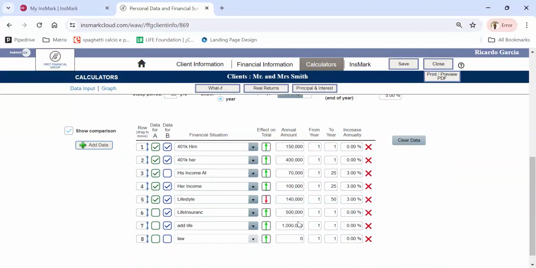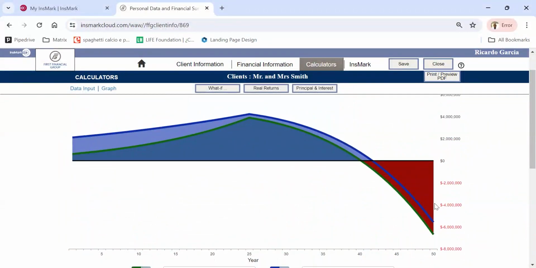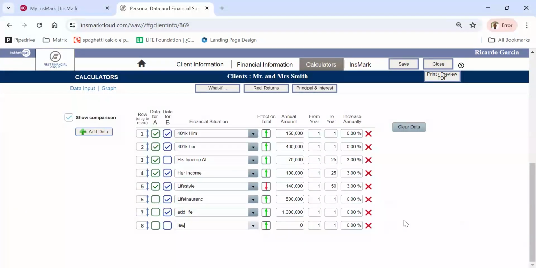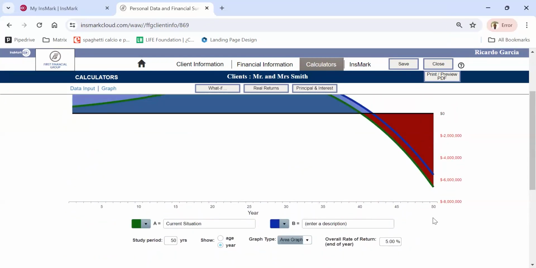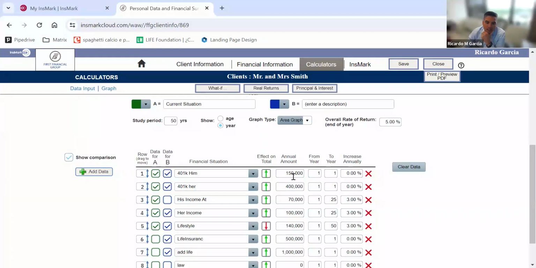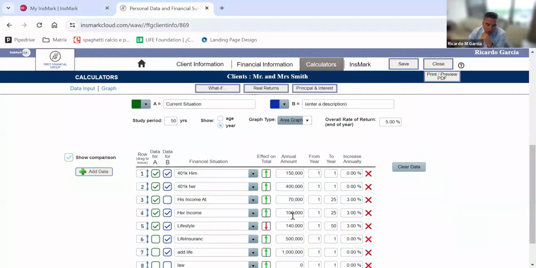Let me ask you a question too. Let's go back to their 401ks for a second. Assuming they're say 35 years old, maybe 40. When it says amount, you're growing that 400,000 and here you got it at 0%. So you're not growing that amount. No, it's growing at 5%, the overall rate of return on the 401ks. Because if you put 3% increase, it's the 3% increase. So you have all their assets earning an extra 5%. Right. And the delta between the 170 and the 140, that 30 is growing at 5% too.